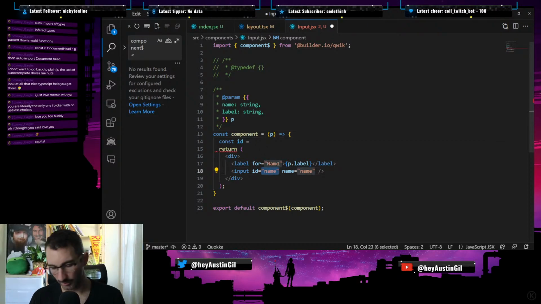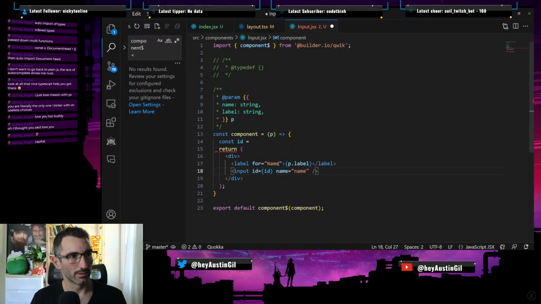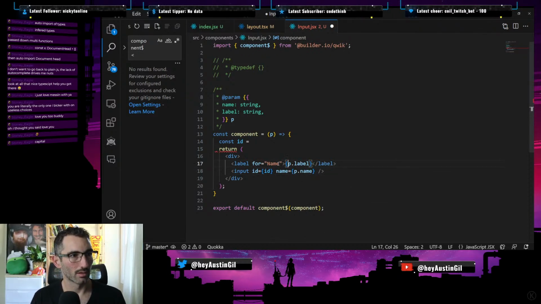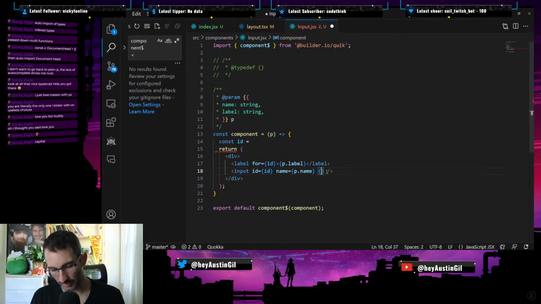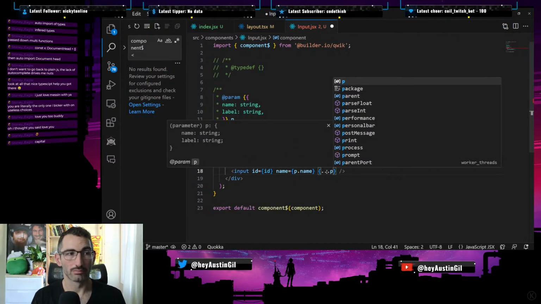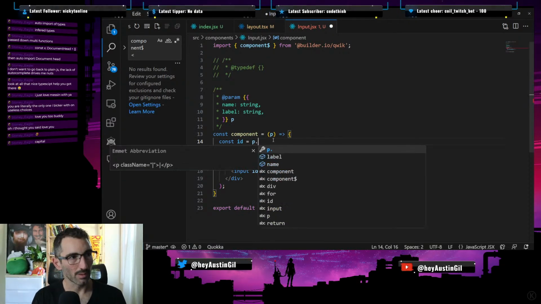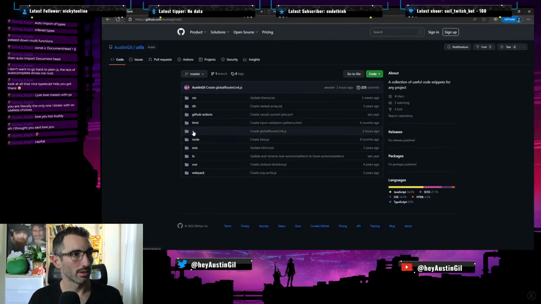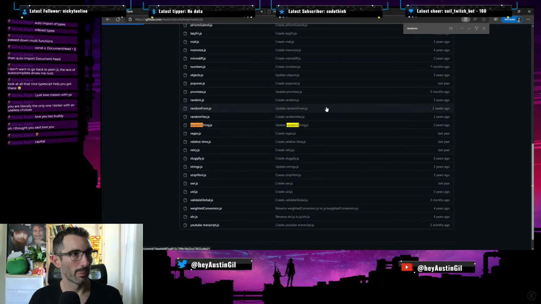ID, this is going to be the ID. Name is going to be p.name. And for is just going to be ID. And then on the props, we'll see how that works. ID is going to be p.id, or and then we'll come back here, grab this JS, go to random string,